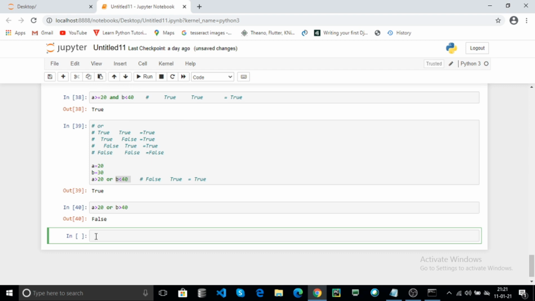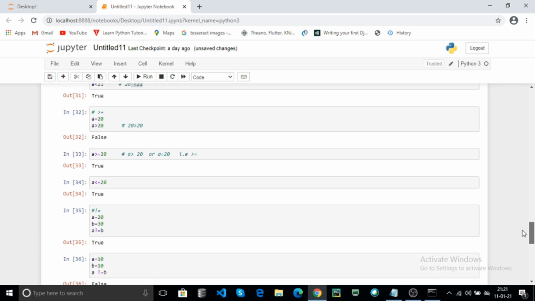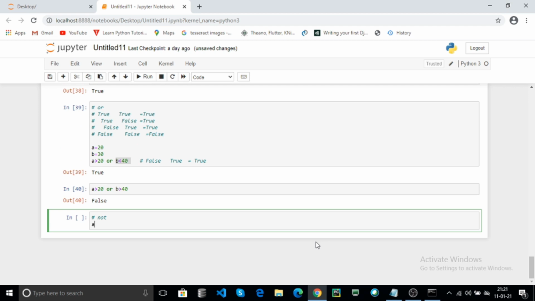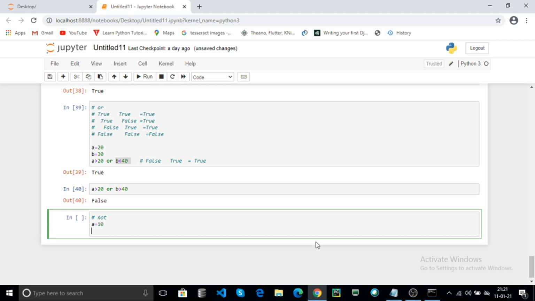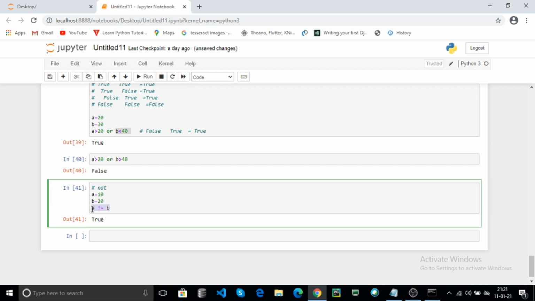And use the not. For example, a equal to 10, b equal to 20, A not equal to B. Here it returns true because A contains 10, B contains 20.